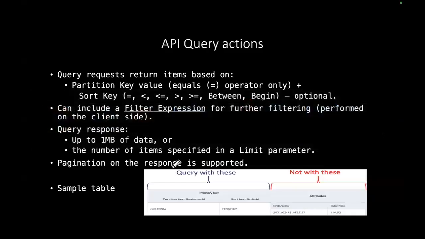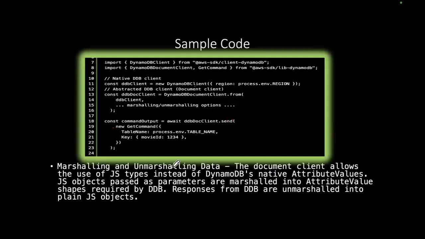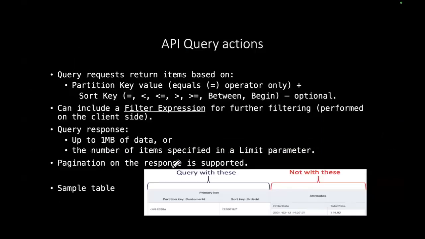Where were we? Okay, back to querying. So, oh yeah, querying is only something we can do against tables with composite primary keys. Okay, querying requests return items based on